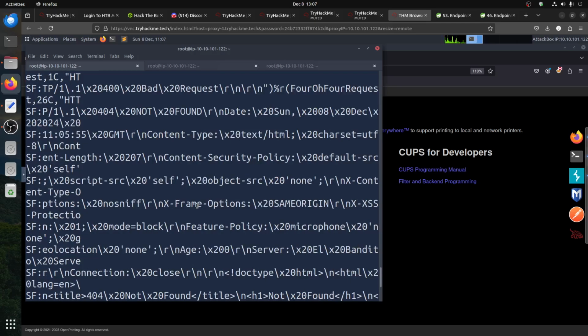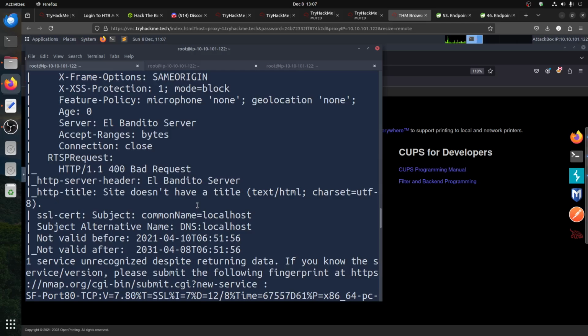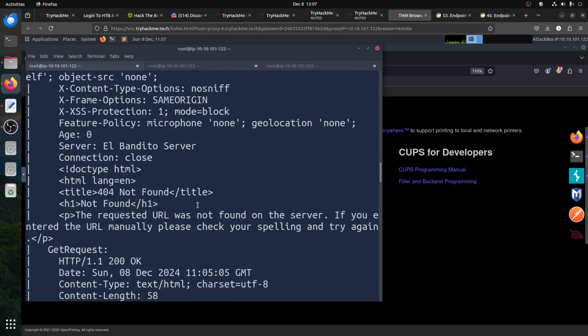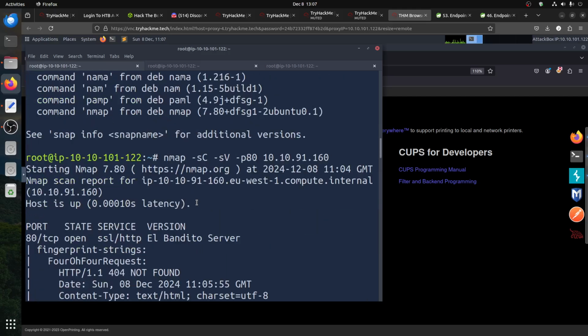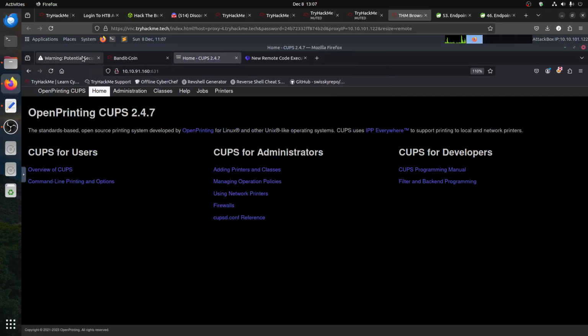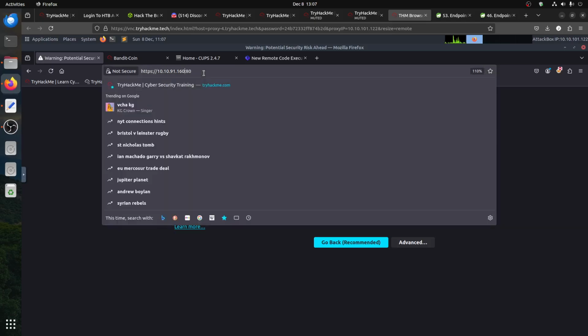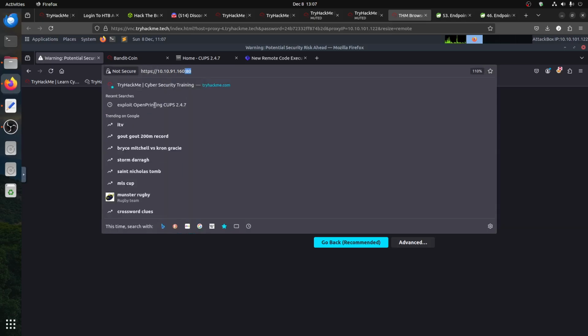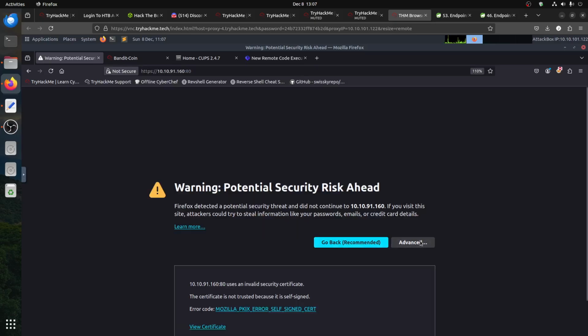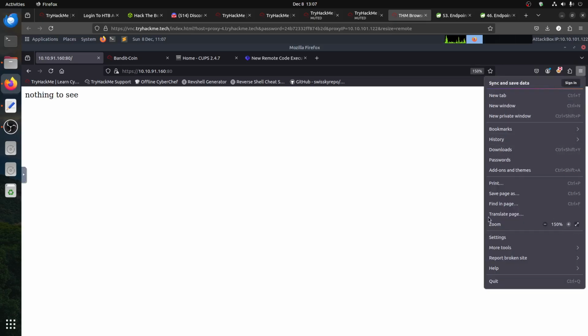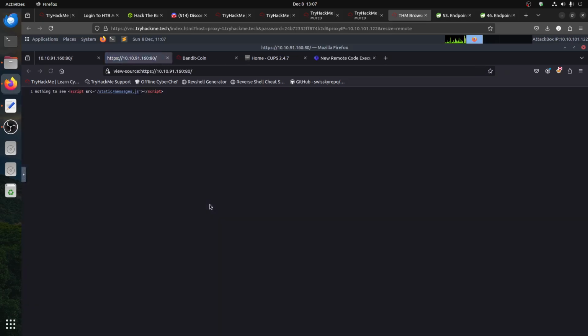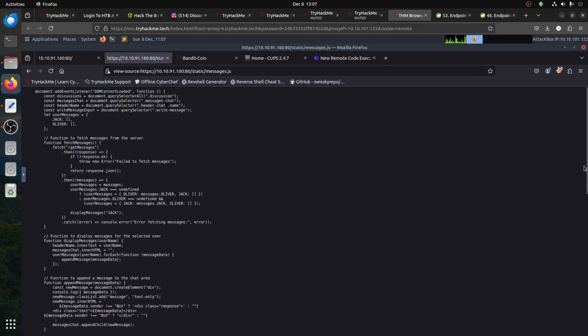Look, I'm up on port 80. It tells us something interesting. It talks about SSL. It's not normal to have SSL, usually it's not on port 80. That's why when we type here, we include 80 so we can do SSL. If you don't include 80, it goes to 443 and doesn't work, so you need to accept it on port 80. So let's accept that, and it says nothing to see. It tells you straight nothing to see. But what is nothing to see? As usual, we go there, but at the same time